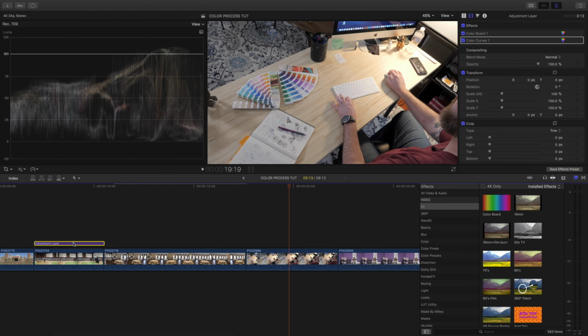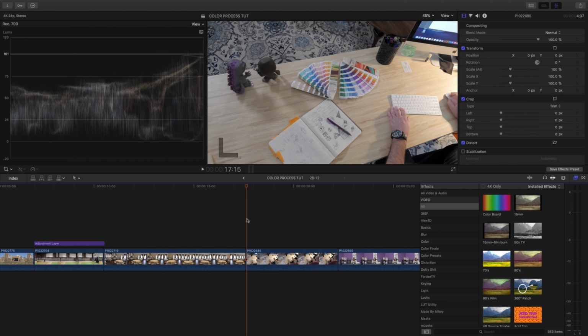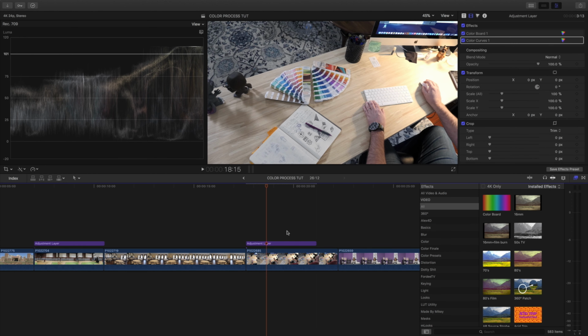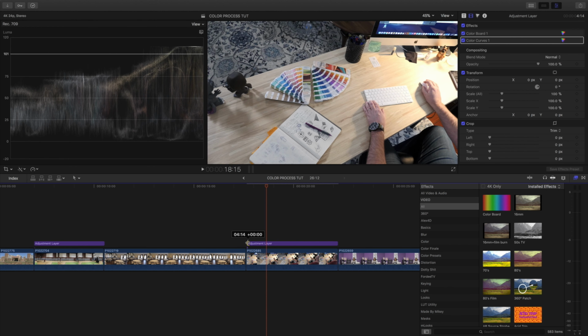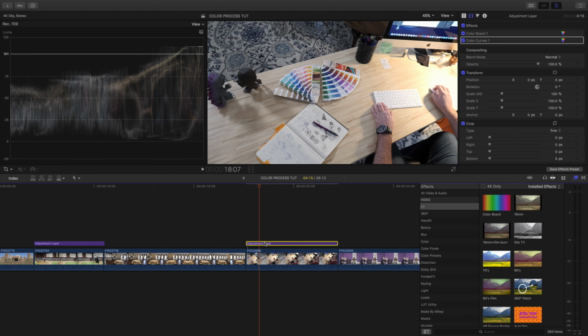Let's do an adjustment layer. So I like to do another, I'm all about quick and easy. So I hit Command C, copy this adjustment layer over here, Command V, and we copied it, right? Now on this one,